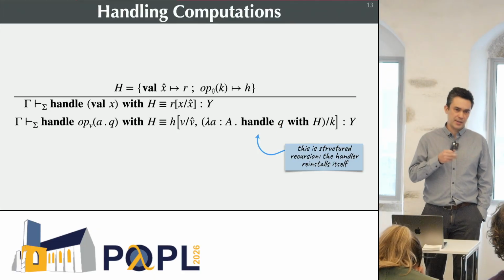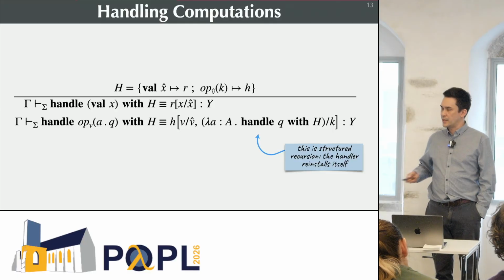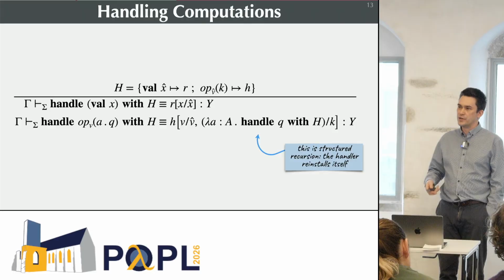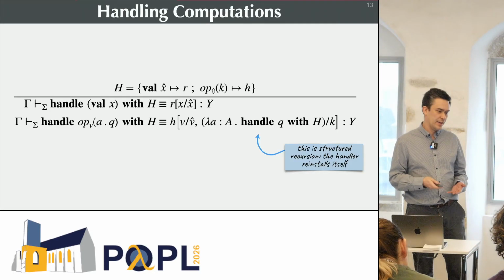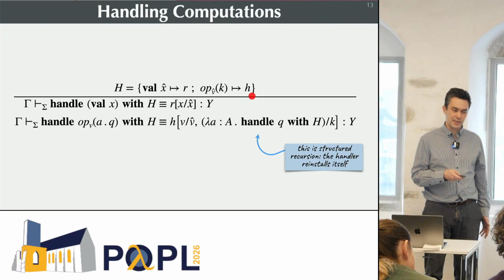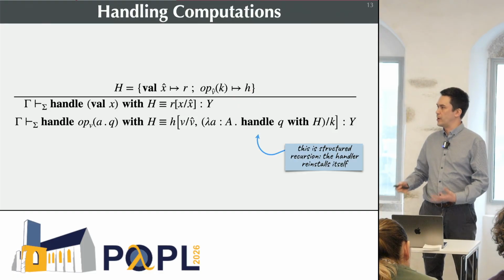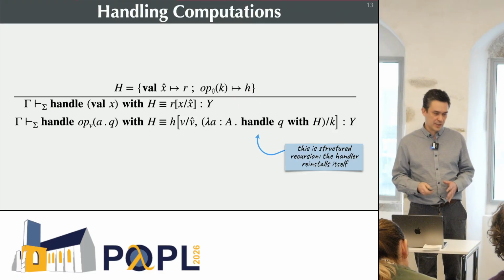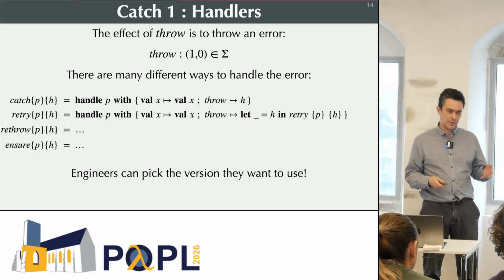And this is quite key. It's what we would call a deep handler because it's automatically taking care of the bureaucracy of reinstalling handlers for you. I think that's really critical because it means that when you're writing algebras for these things, or the semantics for these things in these little h's, you don't have to think about what's going to happen with the recursive call. The framework is taking care of that for you. That's really critical here. And then, of course, this framework allows you to give different versions of handlers.